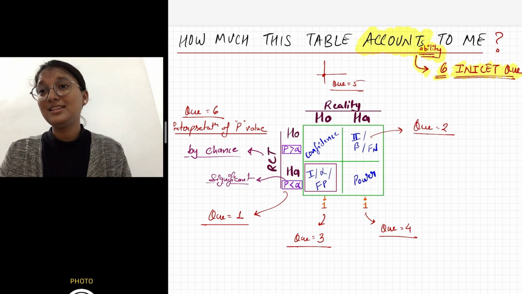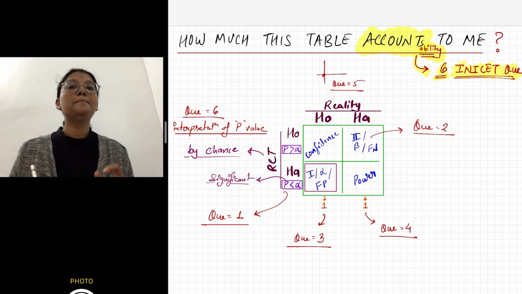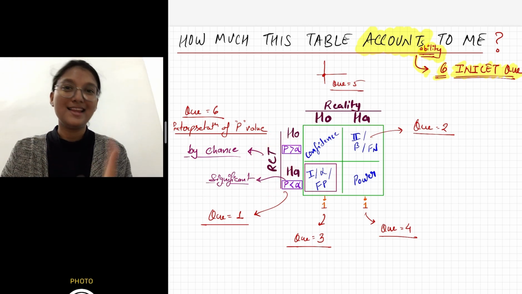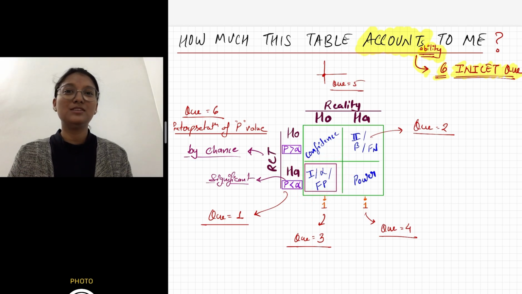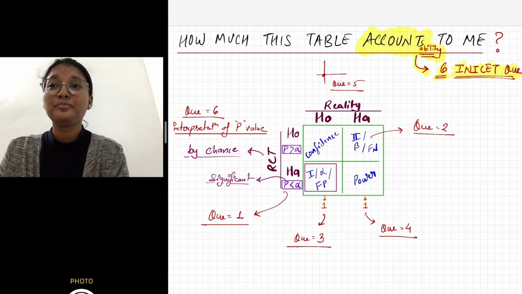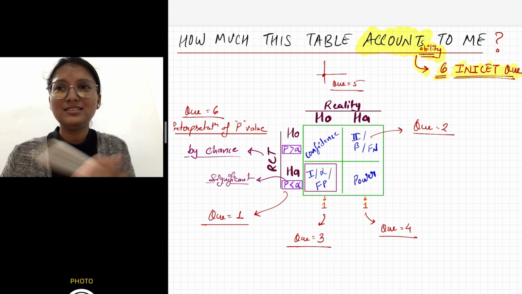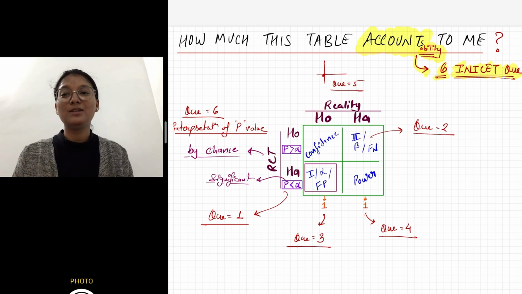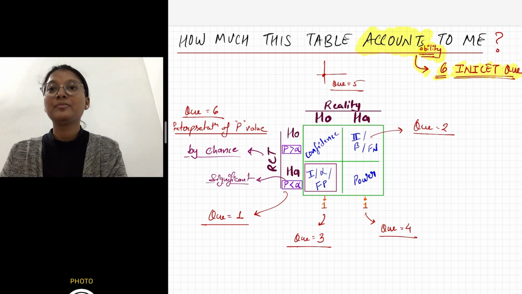Now the question number 6, they talk about the interpretation of p value. Whenever they write the term by chance, it is related to the RCT and not the reality. It happens by chance. So how do they define this false positivity or the type 1 error? They say by chance they found some differences in the RCT whereas there was no significant difference in reality. So this is how they define type 1 error, and they give you different sentences.